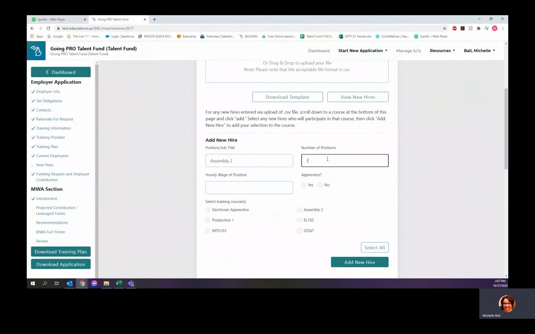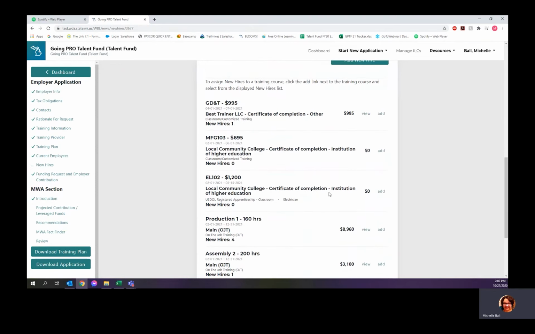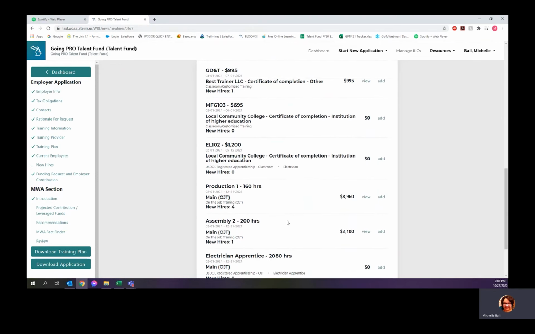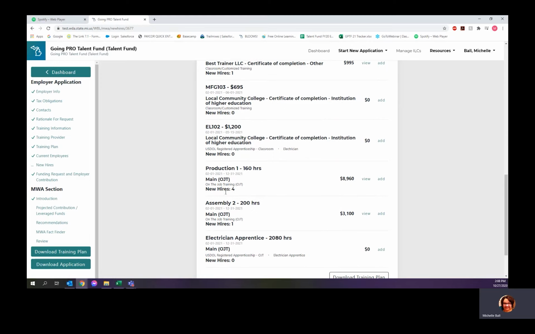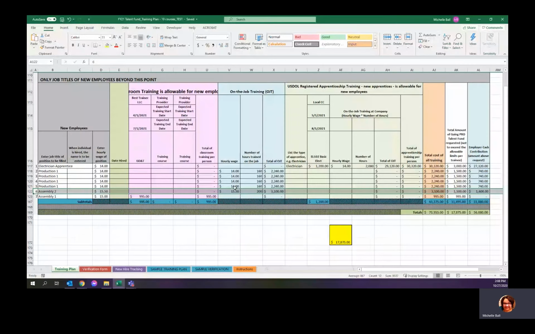And 1 position, $15.50 an hour, not an apprentice, and assembly 2. Add the new hire. Rolling down, we're going to verify our work. We have 1 taking GD&T, that's a new hire. We have 4 taking the production 1 that are new hires, and 1 taking assembly 2 at 200 hours, that's a new hire. And verifying that, 1 for GD&T, 4 for 160 hours at production 1, and 1 for 200